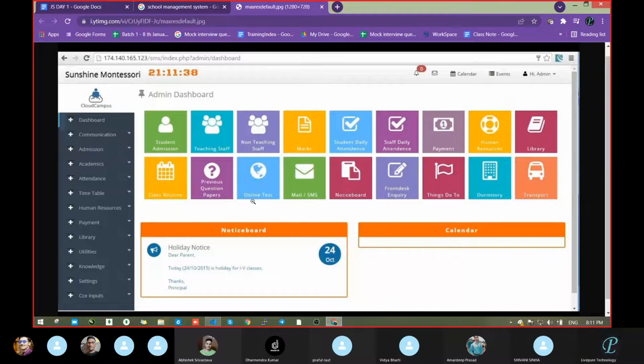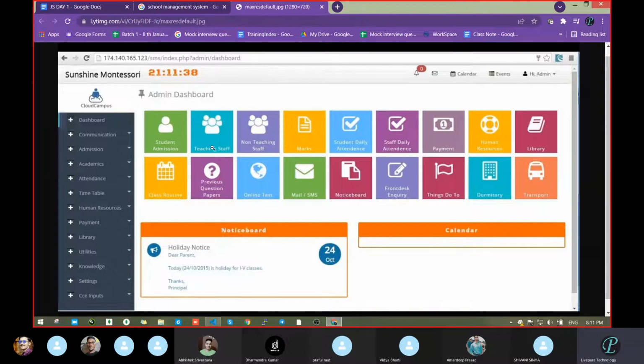These operations can be done with the help of which one? HTML? No, sir, with the help of JavaScript, a backend language. That is known as the backend. Backend languages are JavaScript, Python, .NET, PHP, Java. So what about the front end? HTML, CSS, and JavaScript also we can take, but mostly we can ignore JavaScript. We can consider it front end, but mostly we say simple HTML, CSS, Bootstrap.